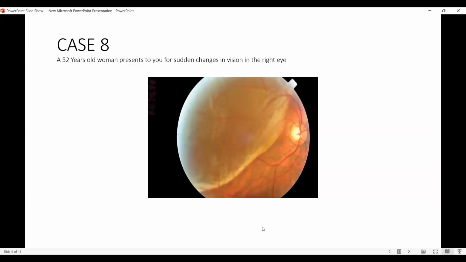Then I would also like to, after the history, examine this patient in detail, checking the vision. Of course, there'll be a visual field defect, which I can see with this kind of picture. Then I'll check the eye pressure. And apart from that, when I see the patient on slit lamp, I would like to see the retrolental